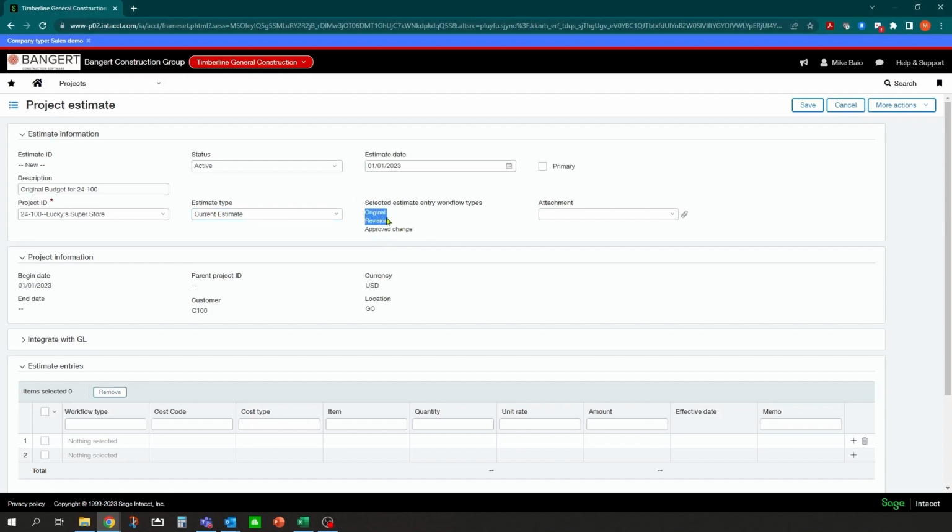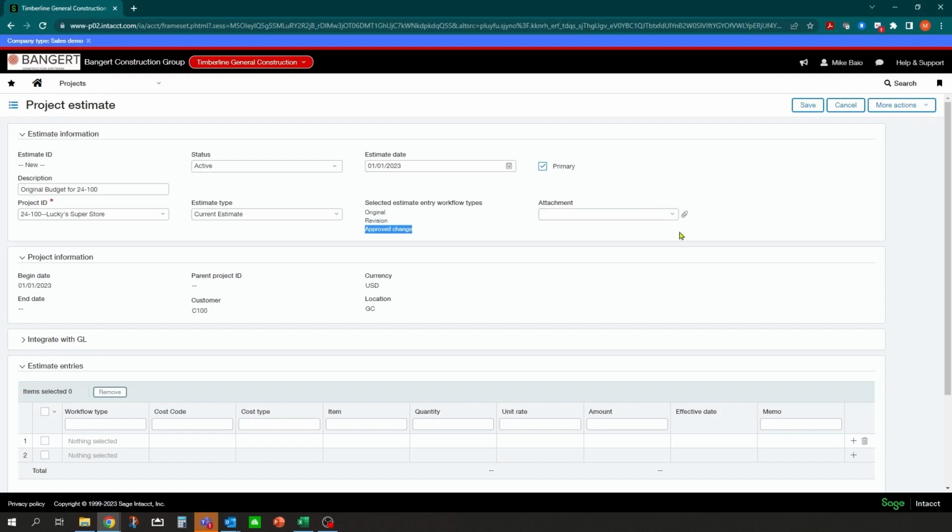In this scenario, the original entry, any revisions or change orders, and approved changes as well. If this is the first estimate for this project, it will automatically assign it as the primary, so if you don't check it off as the primary, it will automatically assign it once we save it. But we know this is going to be our primary estimate, so we'll check it off.